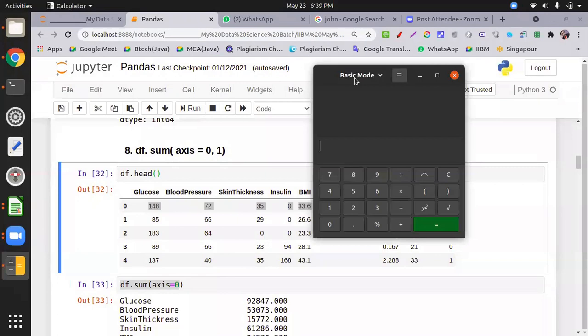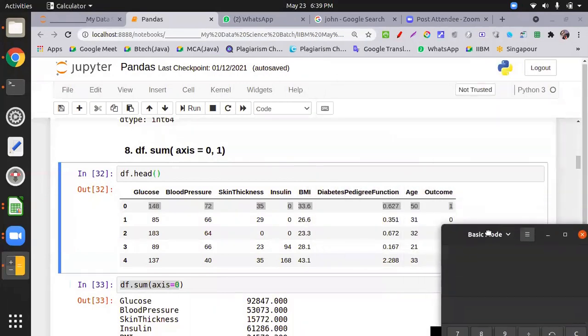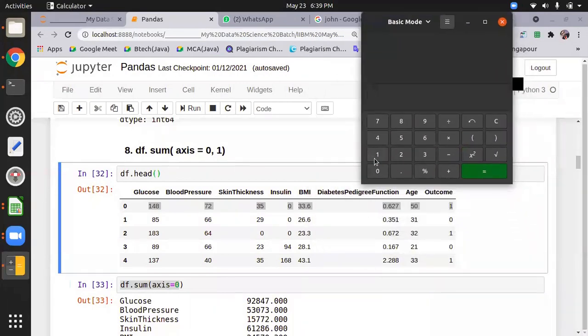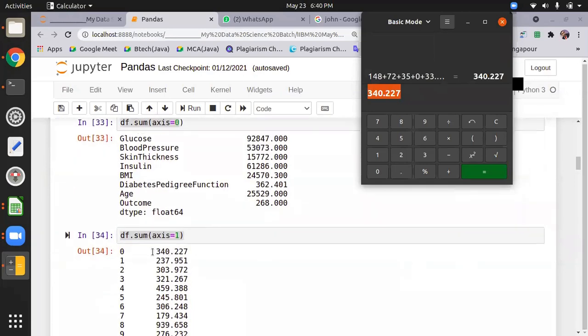I mean, it will never be wrong, but 148 plus 72 plus 35 plus 0 plus 33.6, 0.627 plus 50 plus 1 equals 340.227, and let's see, 342.